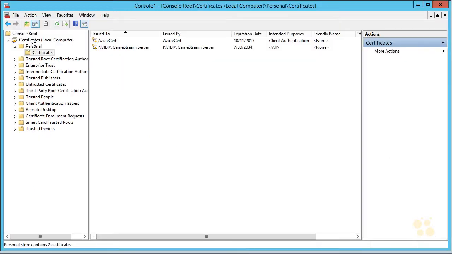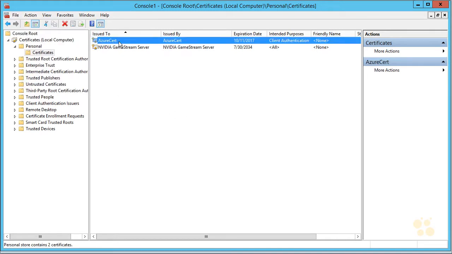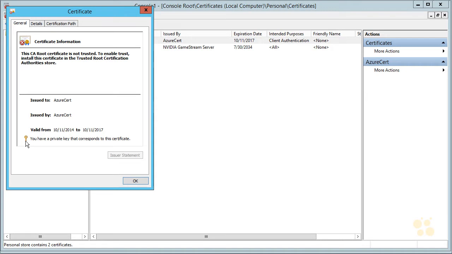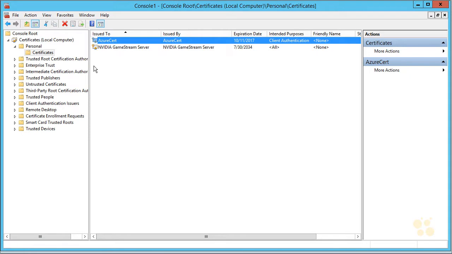Also going here to the certificates console, which you can add by using Add/Remove Snap-in in a console, we see that we have the Azure certificate already installed here. Notice that it also tells us in this view that it has the private key included there. Now, one thing I want to do with this, by the way, I just noticed there's an NVIDIA game stream